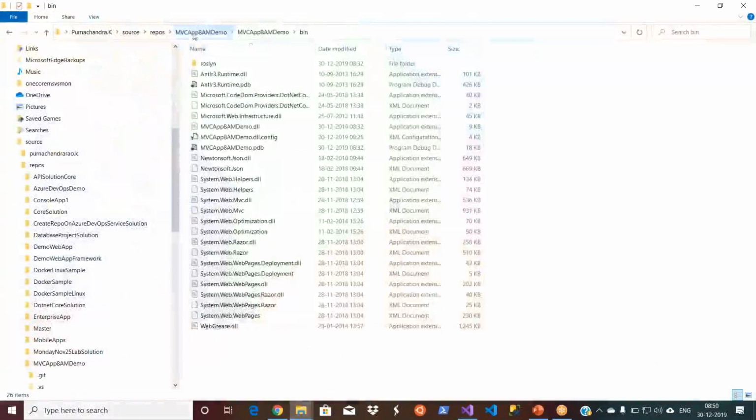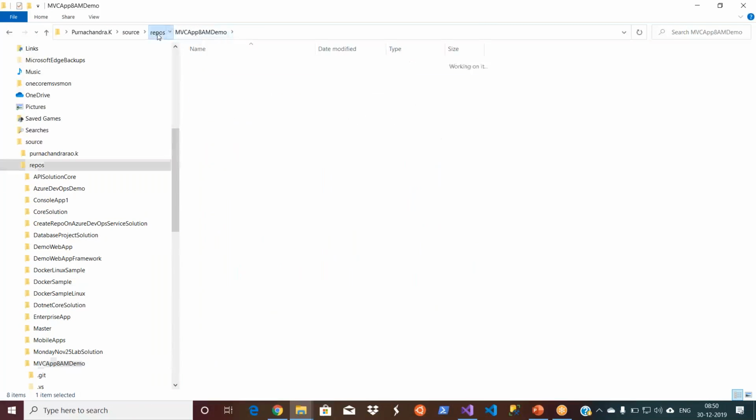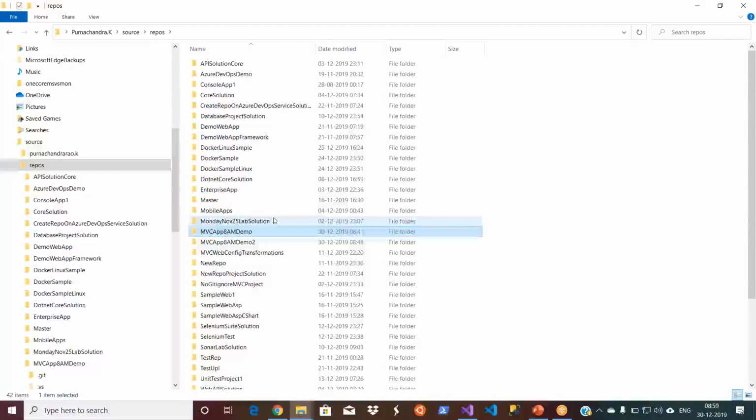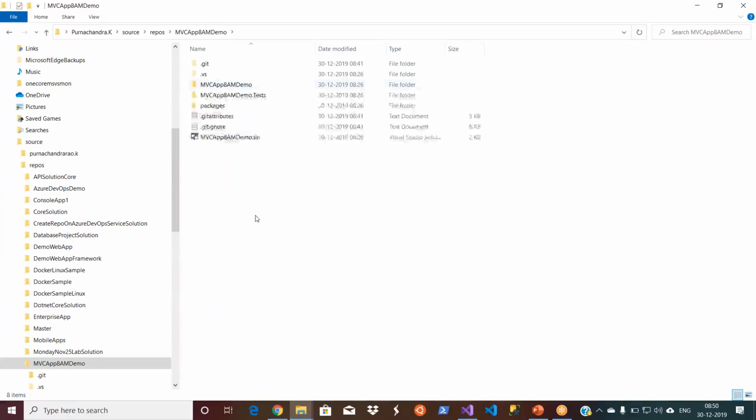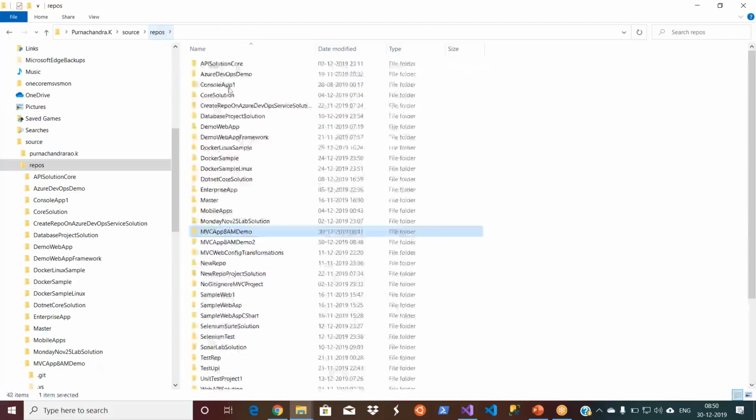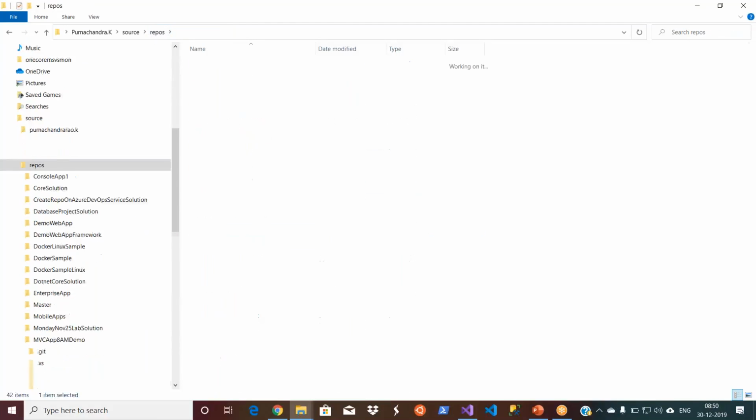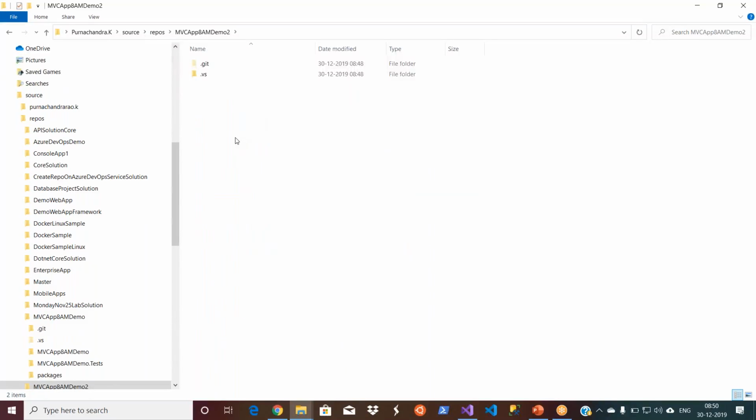This is my physical path, right? Go to repos, till repos. Now you see 8 AM demo. This is what was created by us. And the other one is 8 AM demo 2, which doesn't contain anything other than your metadata. Okay, the easiest way to add your solution to this is,